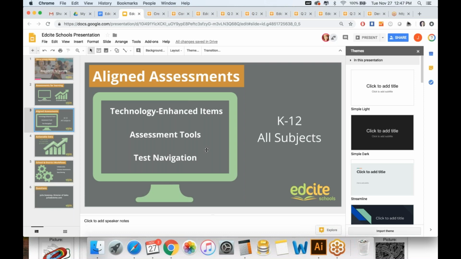That's a big one. That's a question type that is only available on Edcite Schools, being able to have students record their answers. So again, the aligned assessments are a big piece of having assessments for learning across your school or district.